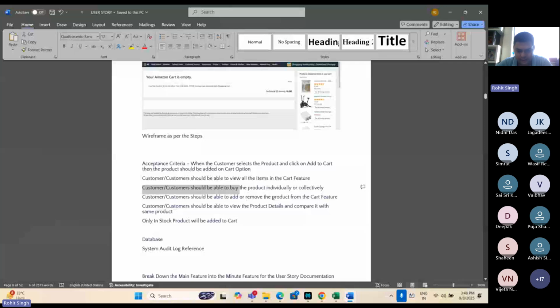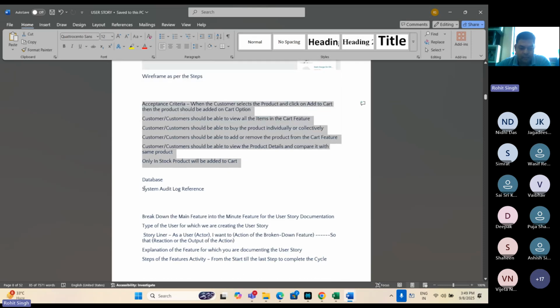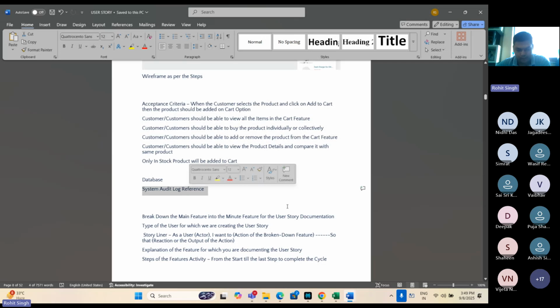Customer should be able to view the product details and compare it with the same product. Sometimes the wish list has a different product description and price, and on the main homepage it's different, so they can also compare it, and only in-stock products will be added to the cart. These are the different acceptance criteria, and then database and system audit log as per the requirement.